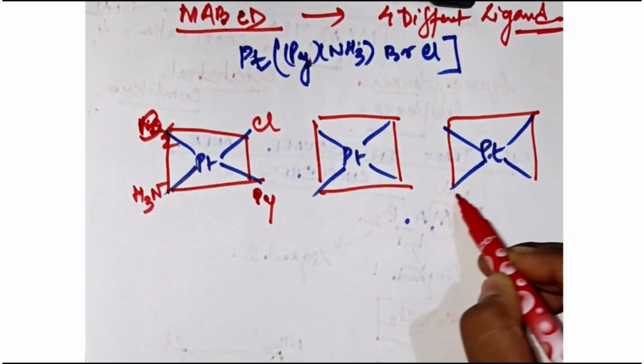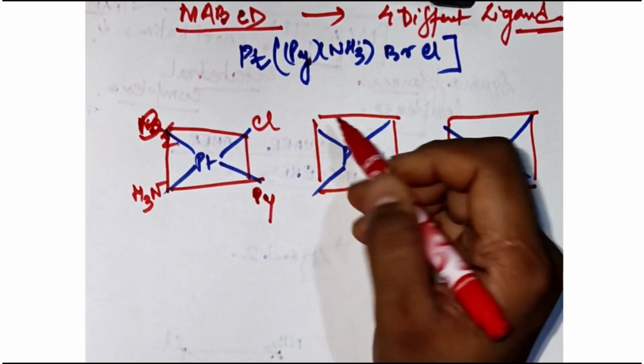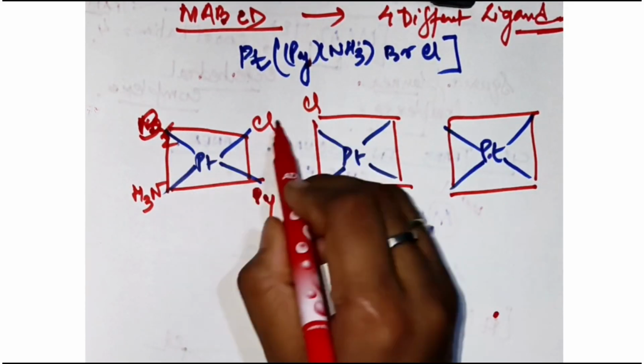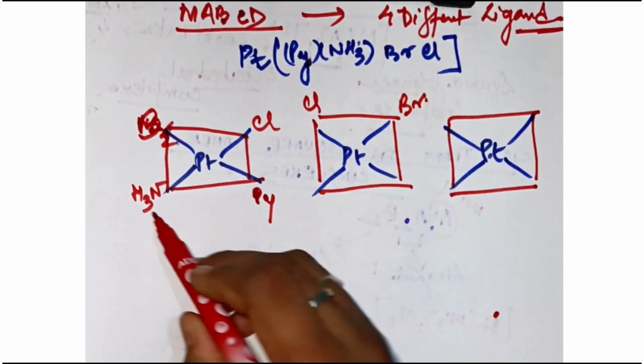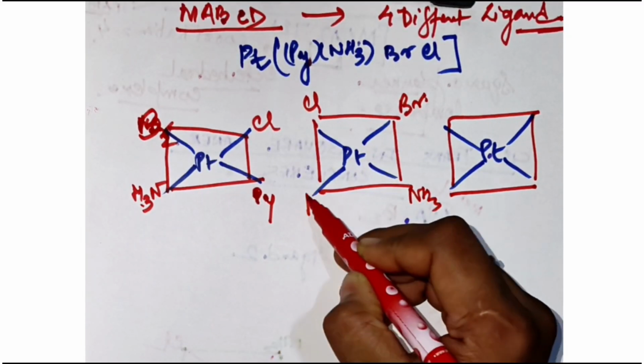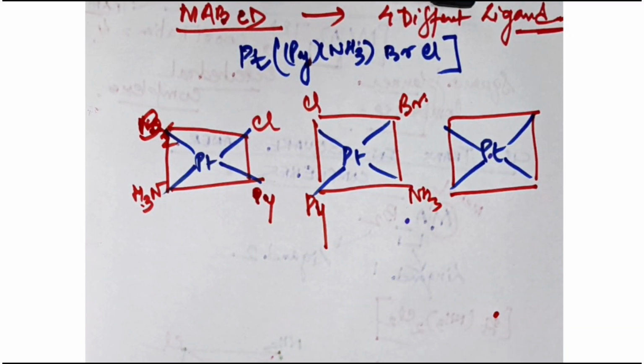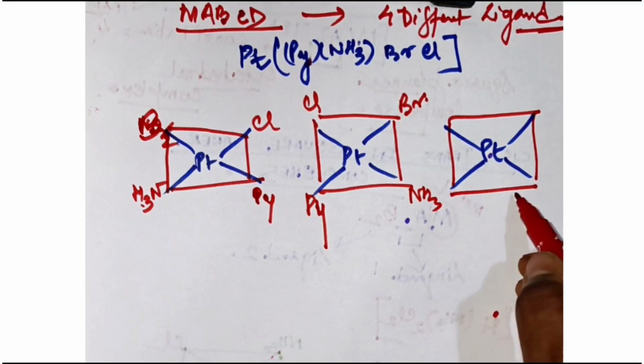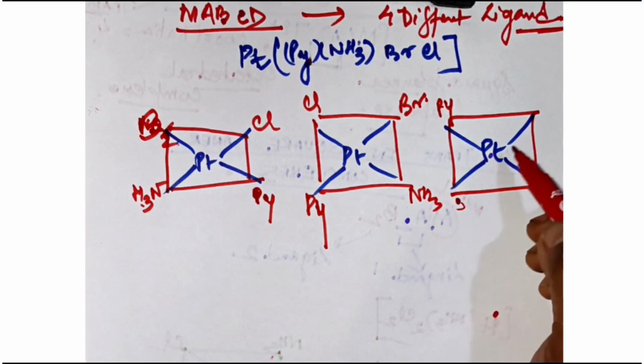See here, chlorine. So if chlorine comes out here, this side, and bromine will go out here. Then ammonia this side, Py this side. This is also one arrangement. Another possibility is that this side, where there was bromine,